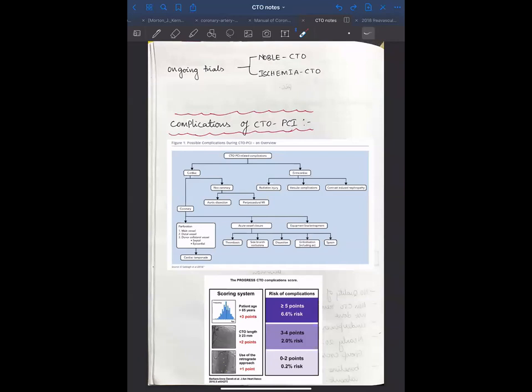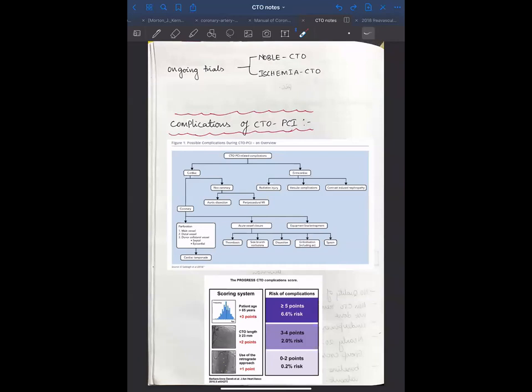No, not that I came across, Gaurav. I think you can probably assume that FFR less than 0.8 would be equivalent. It's in the collateral flow. A stenosis with the collaterals, physiologically, yes, we can say. Because sir was asking, on angio, if you find an 80% lesion, will you consider it equivalent to a CTO?